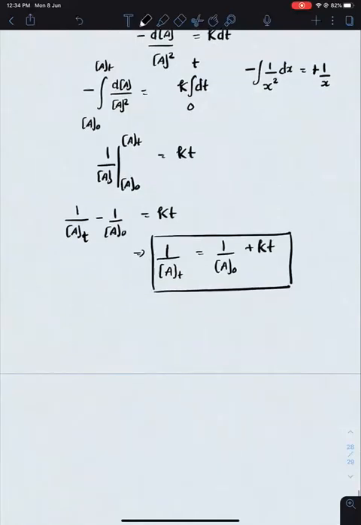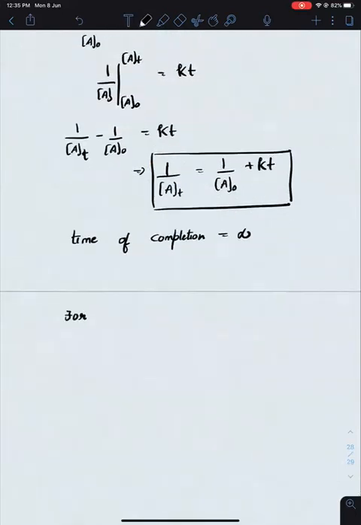अगेन टाइम ऑफ कंप्लीशन के लिए, at क्या होना चाहिए? 0 होना चाहिए. इफ at हैज टू बी 0, अगर at 0 है तो ये वाला वैल्यू क्या हो जाएगा? वेरी लार्ज वैल्यू. सो टाइम ऑफ कंप्लीशन क्या होगा? इट विल बी इनफाइनाइट. इफ at is very very small, if it is tending to 0 हो गया तो ये अनडिफाइंड हो जाएगा, मतलब 0 के लिए टेंड हो रहा है. In that case, this particular value will be very large value, or t will be equals to infinite. So can I say time of completion is infinite, just like the case of first order?